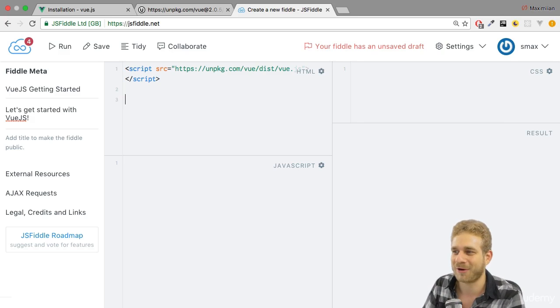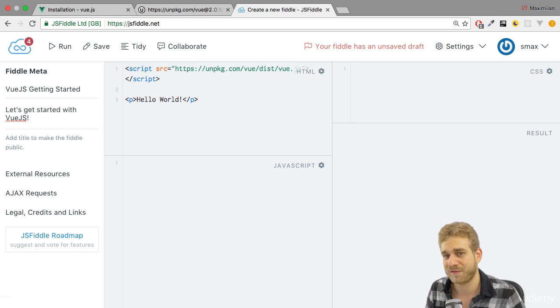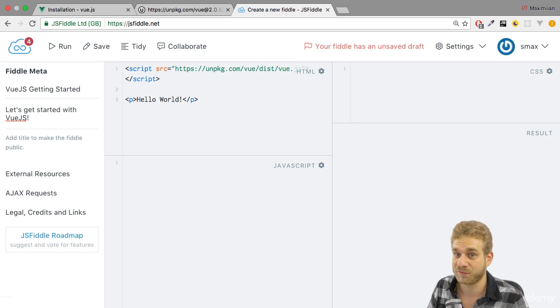So let's use it and build our first little application. For that I want to add a paragraph in which I want to say hello world. Now saying it like this clearly is not very interesting. There is no JavaScript involved at any place. Instead I want to output this through VueJS. Now in order to do so, I will simply go to the JavaScript section here and use the import up there